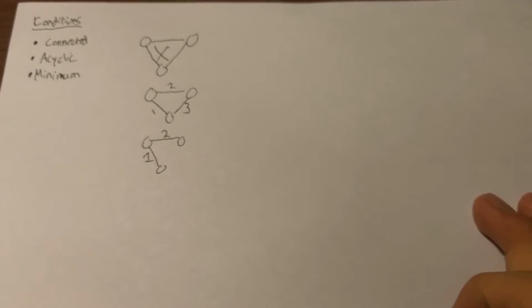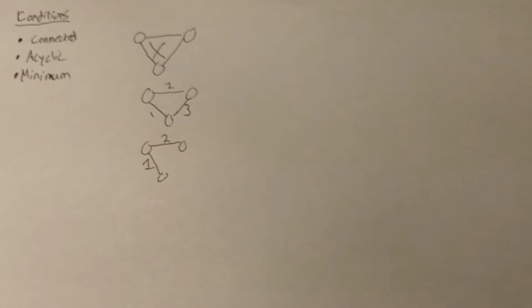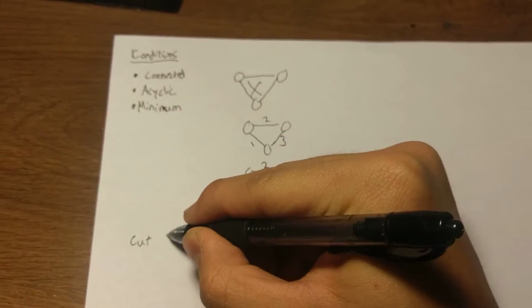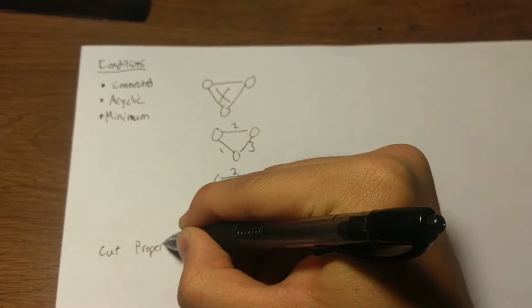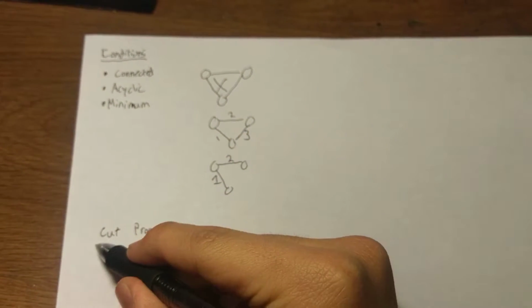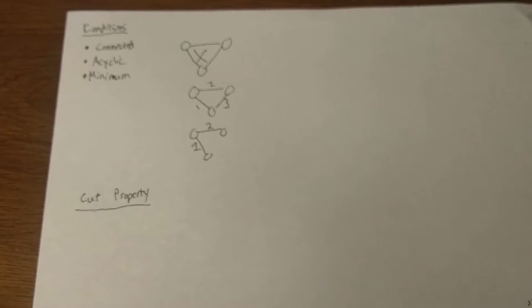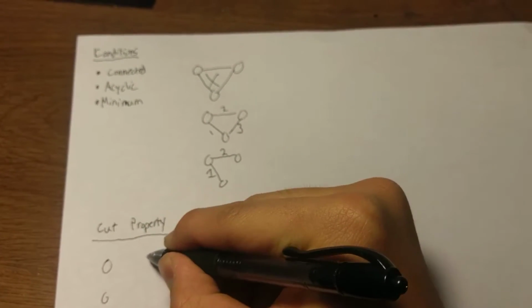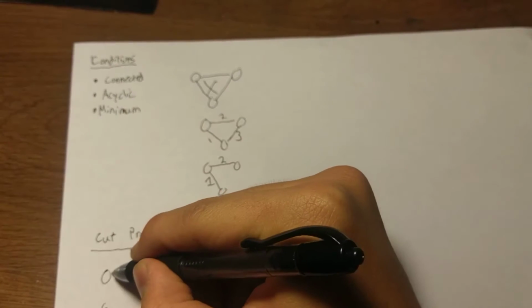So now let's talk about some of the properties of a minimum spanning tree. A useful property that we talk about for how to find minimum spanning trees is called the cut property. And the cut property says that for any cut, which is just a partition of nodes into two non-empty sets, so if we had a graph that looked like this,